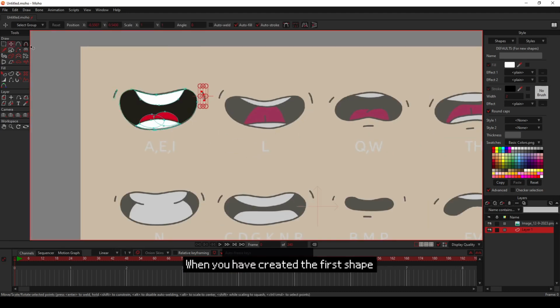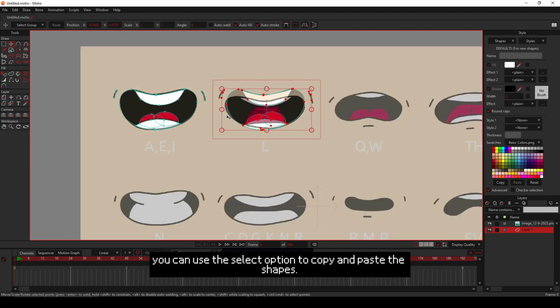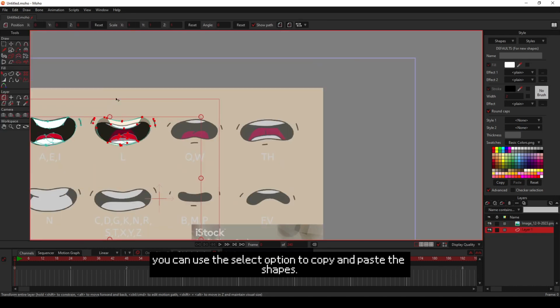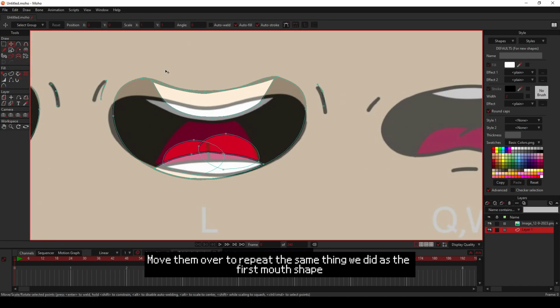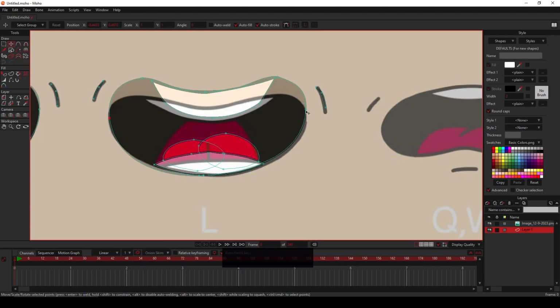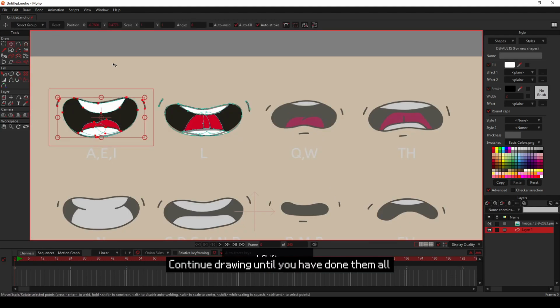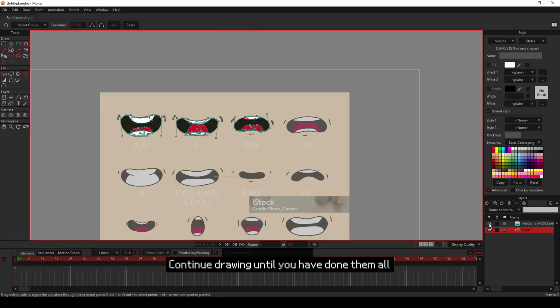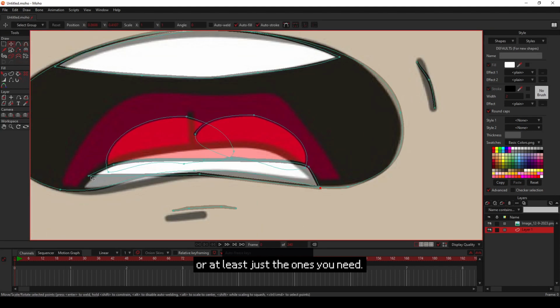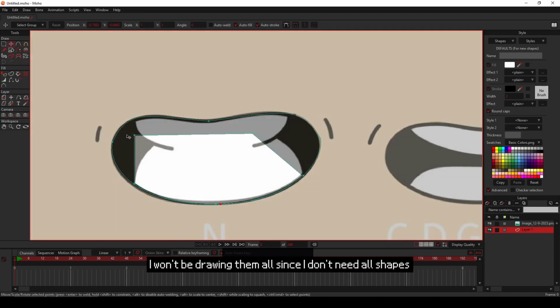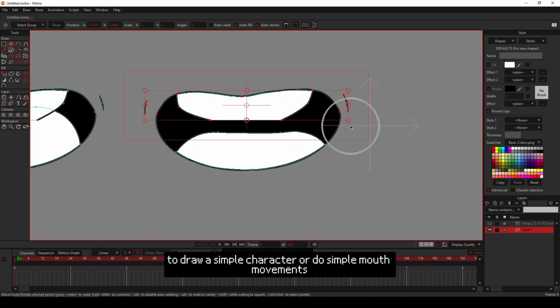When you have created the first shape, you can use the select option to copy and paste the shapes. Move them over to repeat the same thing we did as the first mouth shape. Continue drawing until you have done them all, or at least just the ones you need. I won't be drawing them all since I don't need all shapes to draw a simple character or do simple